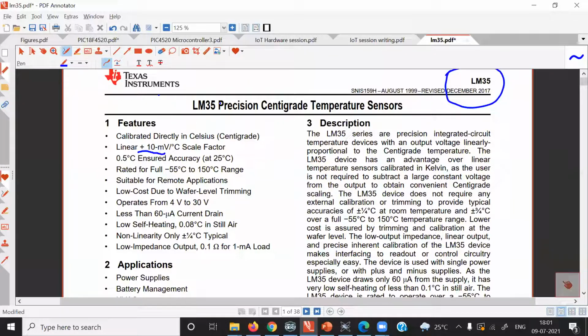Say for example, if temperature is 40 degrees Celsius, then for each degree output is 10 millivolt. So output voltage of this sensor will be 400 millivolt. So by measuring this voltage, we can determine temperature. So quickly we'll complete program for